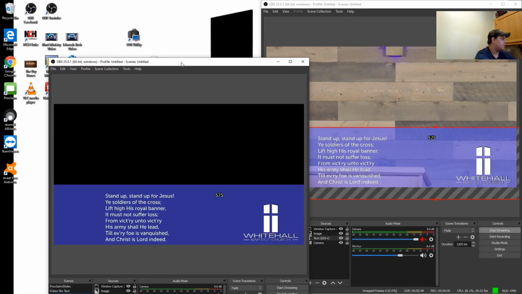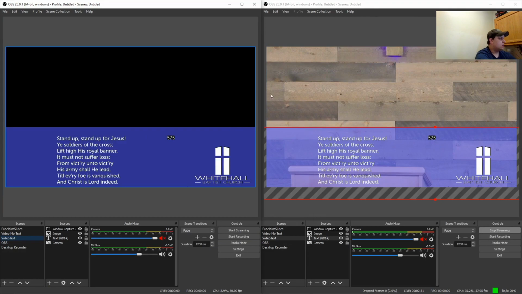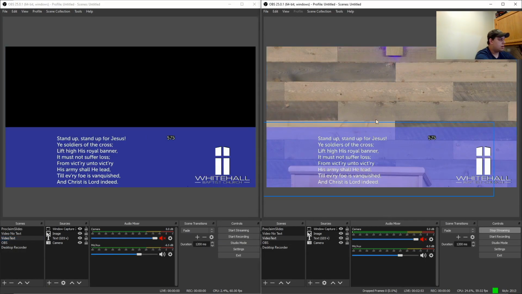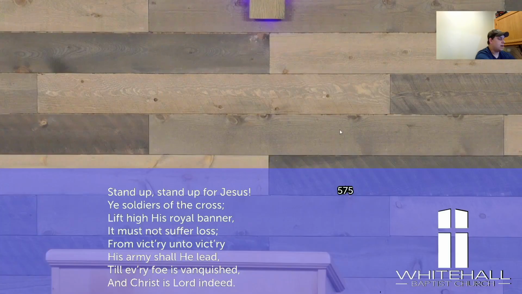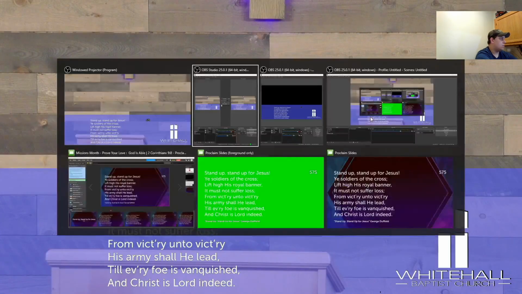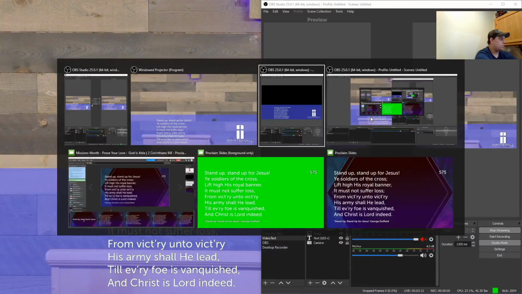And the other thing is you're not going to be able to get the camera here. So what I did is I do my Facebook one. I go to studio mode. So it splits it, and if you right click on the right one, which is the one that everybody's actually seeing, you can do a full screen projector program. And what this will do is make this kind of a preview now. And then I go into this, my Facebook one,